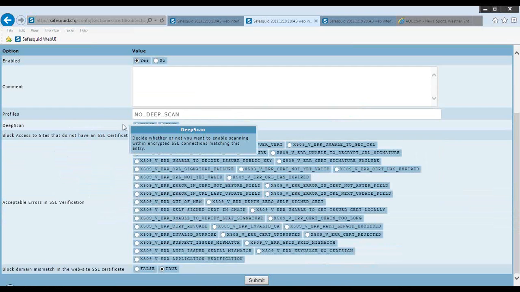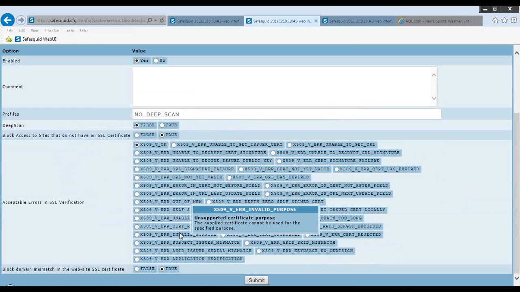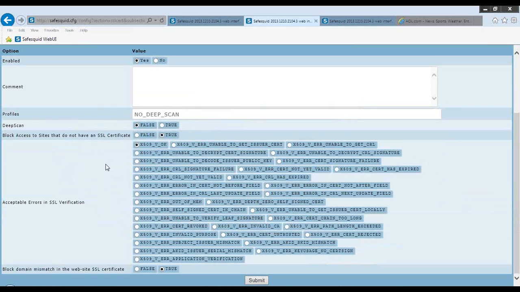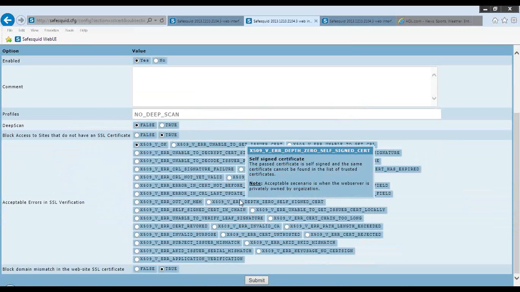For example, there could be some kind of an error in the SSL certificate. I want to relax, I want to permit, I can do that. And I can choose what kind of strictness I want to follow as far as SSL certification of a remote website is concerned to be tested for.